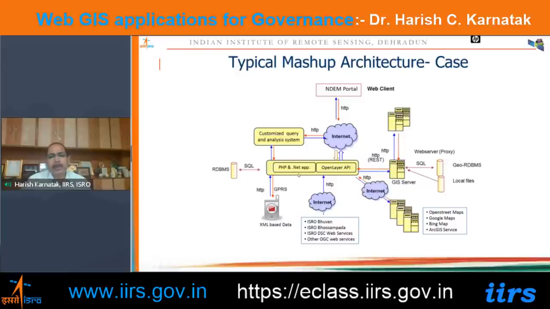And this is an example of a National Database for Emergency Management portal, which we developed around 10 years back. You can search for the NDEM portal in your search engine. You'll get a full article on this. So here, this is a typical example where you can understand the mash-up or integration of different types of technologies successfully demonstrated. And by using the same concept, you can develop similar applications for other domains also.